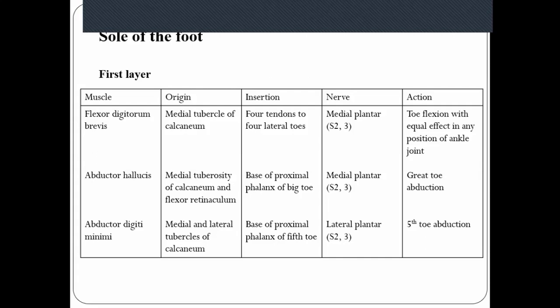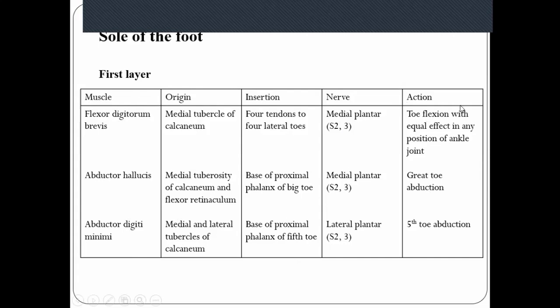Those are the flexor digitorum brevis, abductor hallucis, and abductor digiti minimi. The first two are supplied by the medial plantar nerve, and the last one, abductor digiti minimi, is supplied by the lateral plantar nerve. Flexor digitorum brevis muscle